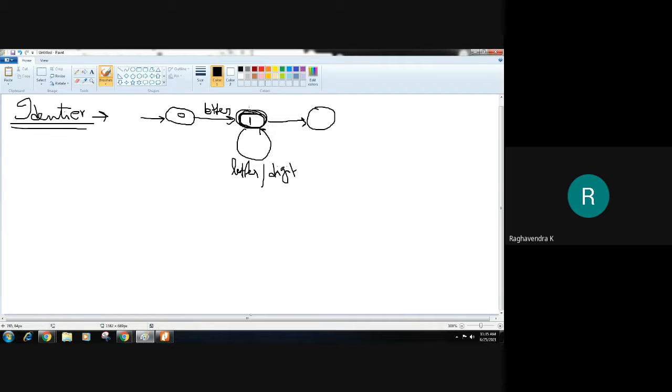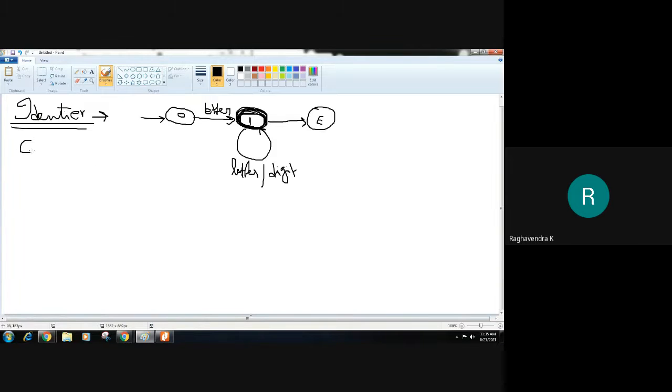So I can say that this itself is an accepting state. I'll mark this with a dark circle so that you know that this is an accepting state. Obviously, anything else would become an error state, unless you read a space, which differentiates this identifier. So we'll consider that as an error. Now this is the transition diagram for an identifier.